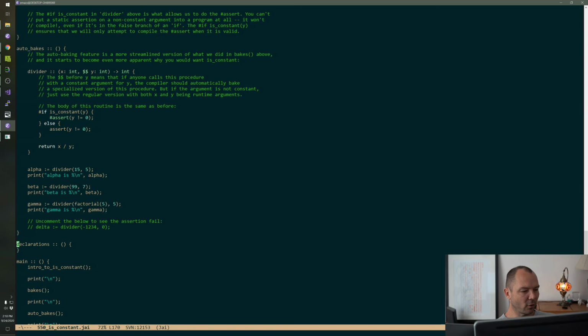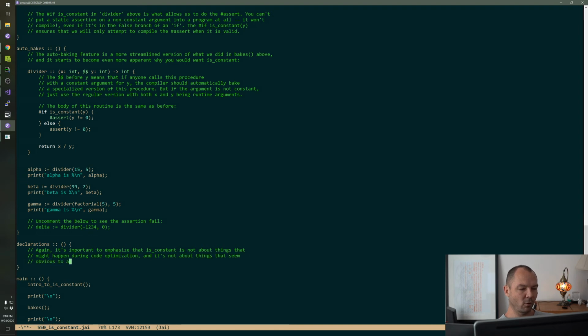So the thing we want to say here is, again, it's important to emphasize that is constant is not about things that might happen during code optimization, and it's not about things that seem obvious to a human looking at the code. Rather, it's about constraints that are guaranteed by the programming language semantics.